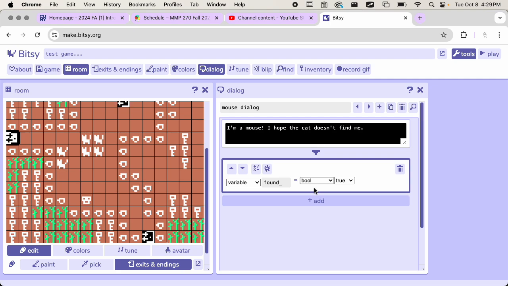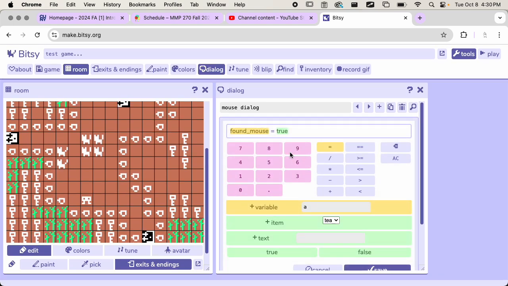So for simple decisions like did you find the mouse or did you get the key, true or false is all you really need. For other things that you might want to count, you would want to use a number. And then in some cases you might want to use text. I think for now we'll probably not need that, but if you have a specific case, we can go over that. And then with this editor,